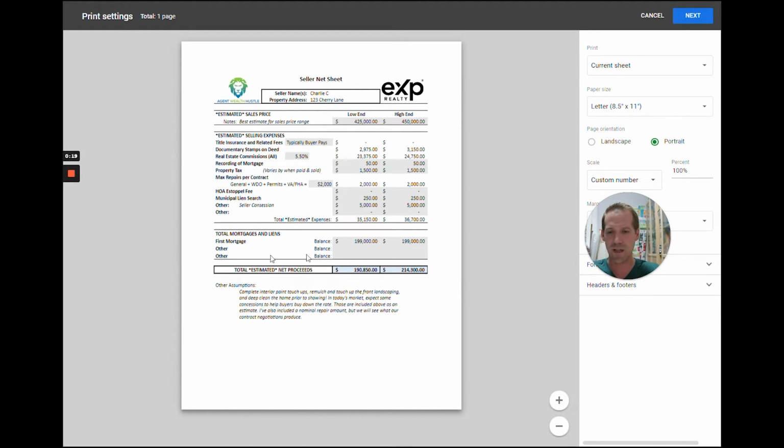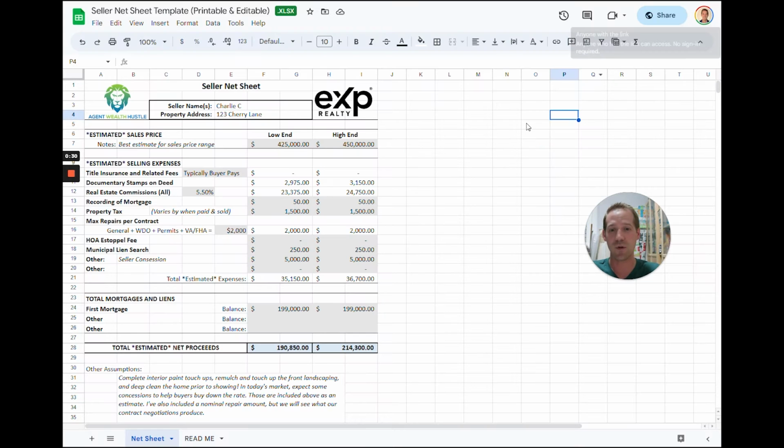You could potentially add more lines if there are some other unique expenses in your area, or you could add more discussion points down here for you and your seller. You can also print this to a PDF if you wanted, but it makes for an easy printable option. You can customize your logos. You simply copy and paste from somewhere else and plug them in here. You can just delete these and put yours in. Too easy. And then you have the option to clear all this out and do it by hand, but I